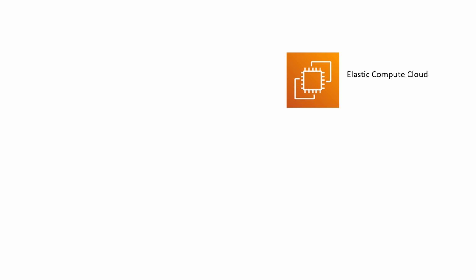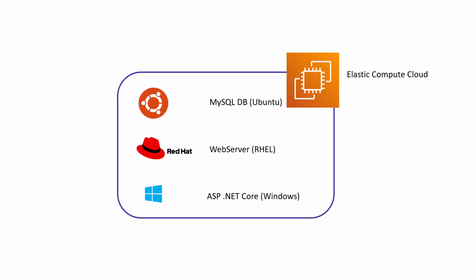And just like any compute, virtual or physical, an EC2 instance would run an operating system such as a distribution of Linux or Windows. We can then make use of these instances for deploying software such as a database, web servers, application servers, or pretty much anything that you would normally want to deploy in a physical or virtual machine